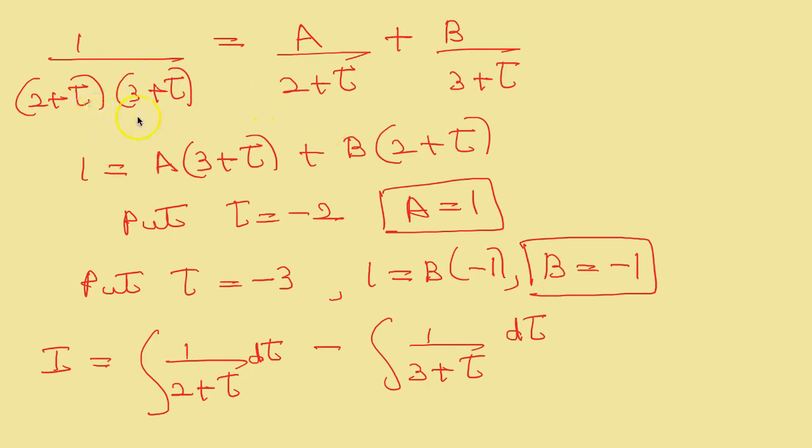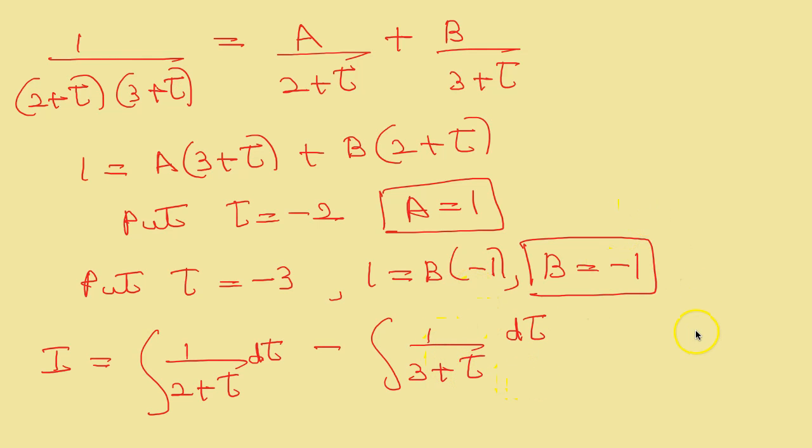So I write 1 by 2 plus t into 3 plus t as a by 2 plus t plus b by 3 plus t. Taking the LCM and cancelling out the denominators, we get 1 equal to a into 3 plus t plus b into 2 plus t. Put t as minus 2, so we get a as 1, and put t as minus 3, so we get 1 equal to b into minus 1, or b is minus 1. Substituting here, your I becomes integral 1 by 2 plus t minus integral 1 by 3 plus t